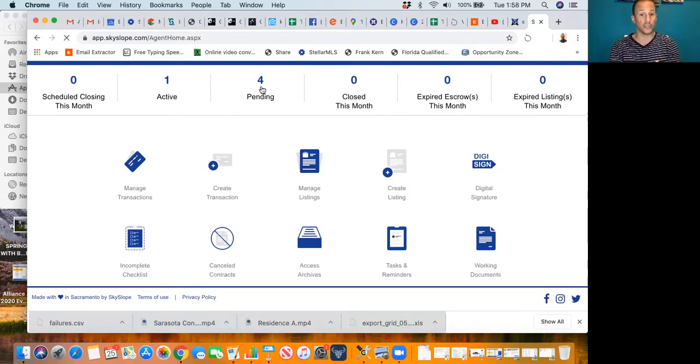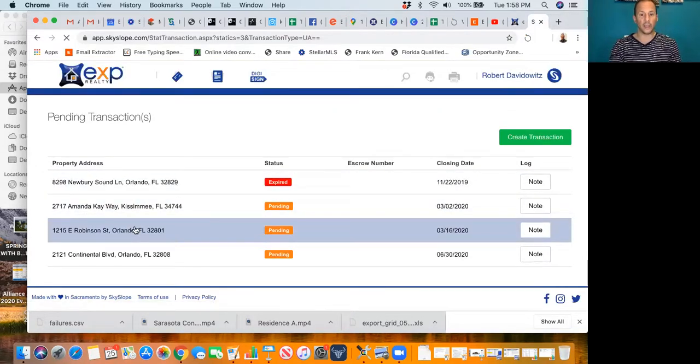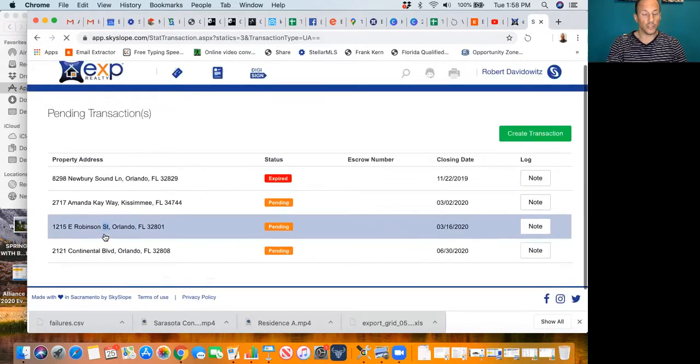So I'm going to an existing file that I have. I'm going to go into this file here, and I'm going to show you something real quick, okay? So once I get into this file, once this computer stops running so slow. So what I'm going to do is once I get into the transaction, I'm going to go in there and